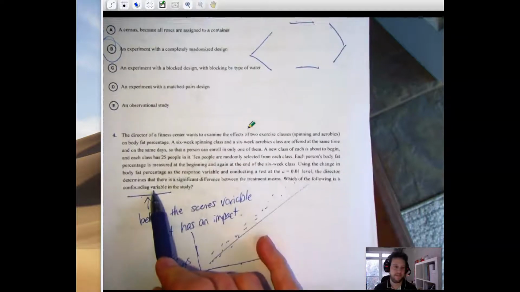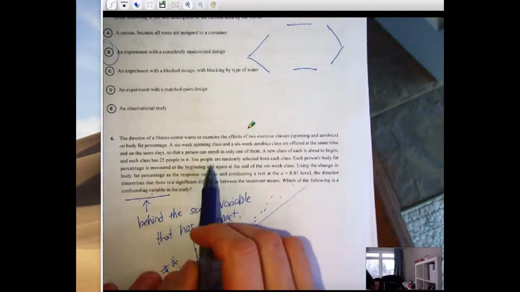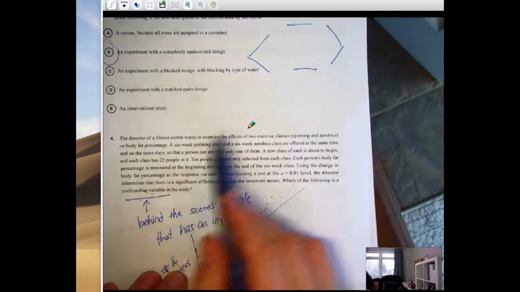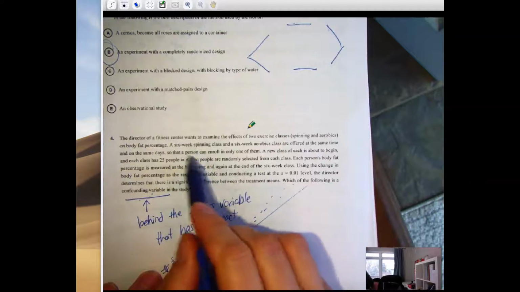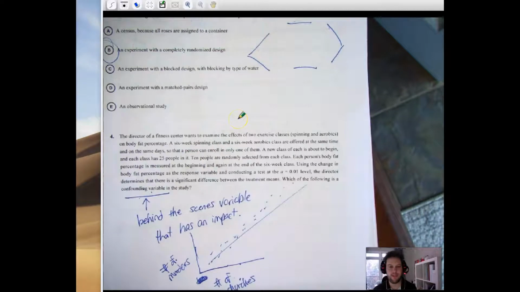So what's the confounding variable in number 4? Well, the problem is in number 4, it doesn't say. So you would need to randomly assign these. You would need to say, I'm going to randomly choose. I got 50 people. I randomly choose 25 and flip a coin. Randomly decide who gets the spin class, who gets the aerobics class, and then all the confounding variables are mixed up into 2 groups. I got my 2 groups, and then if one of them does better, I know